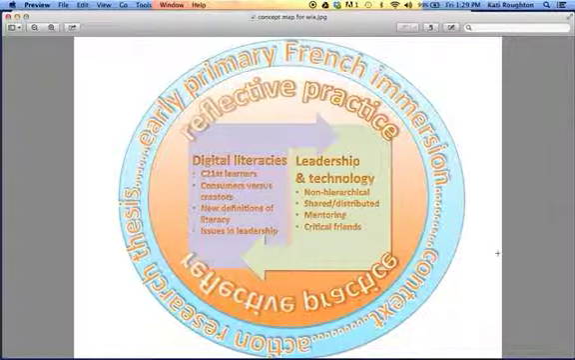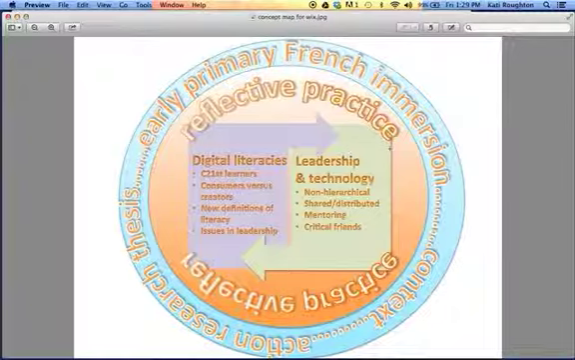Underneath that, you'll see here it says reflective practice. Reflective practice is kind of my philosophy of learning as an adult. I believe in reflective practice in all things, and therefore, while it's one of my 3 themes in the portfolio, it is also an overarching motif for everything in the portfolio, including the other 2 themes of digital literacies